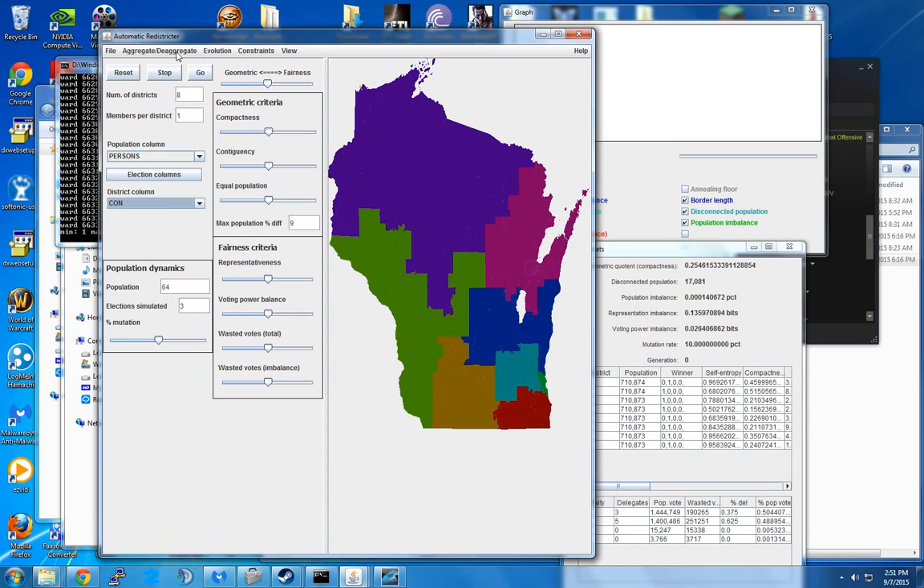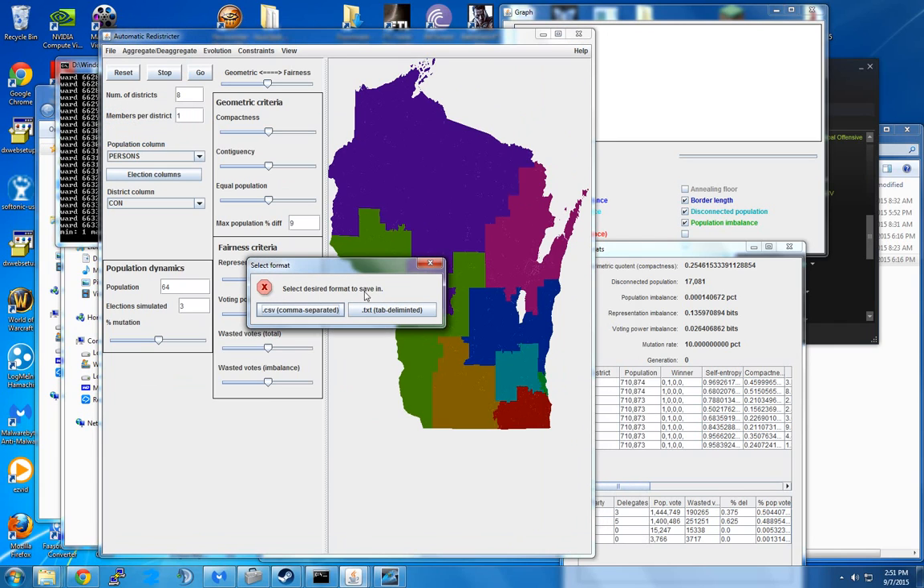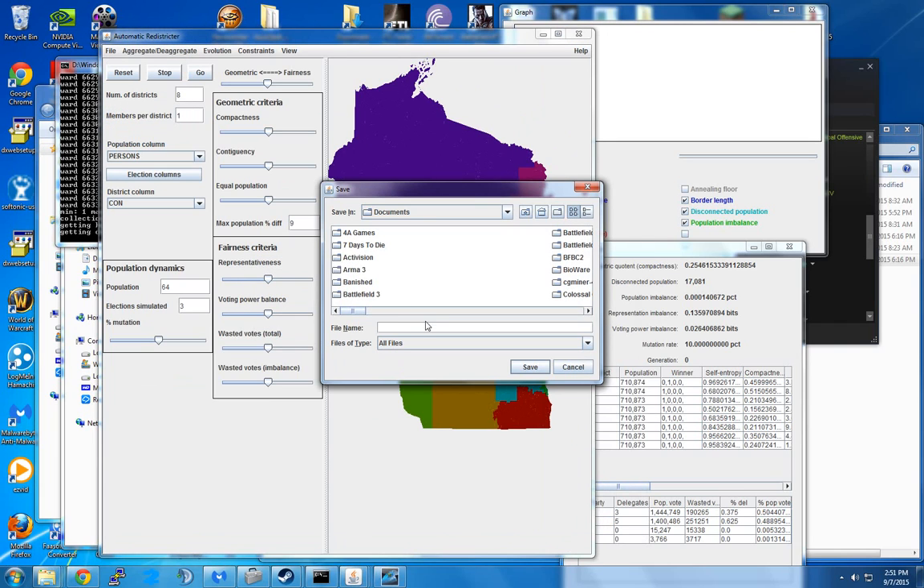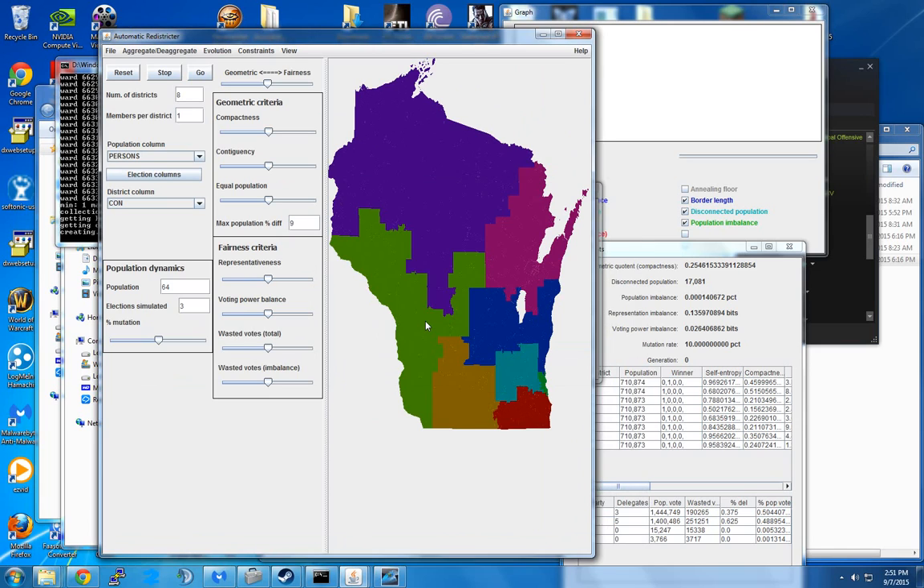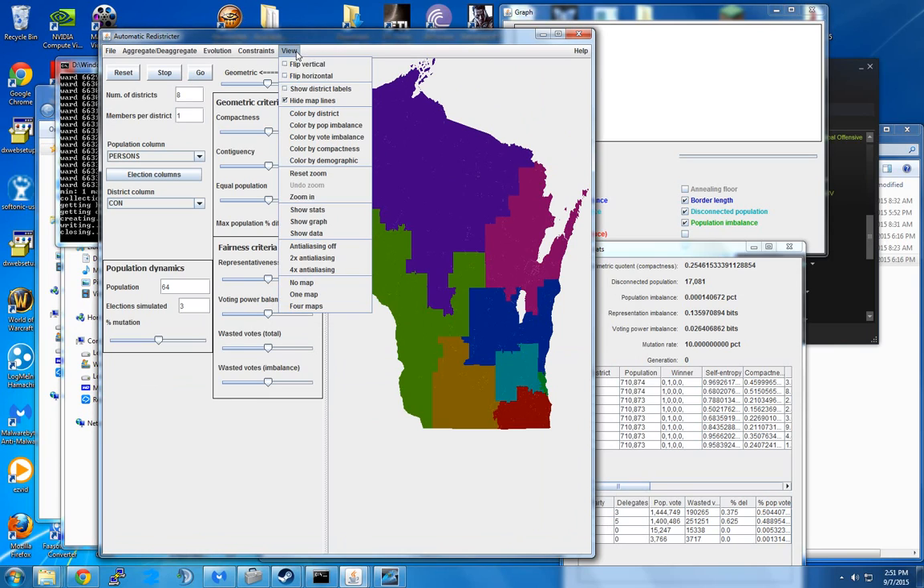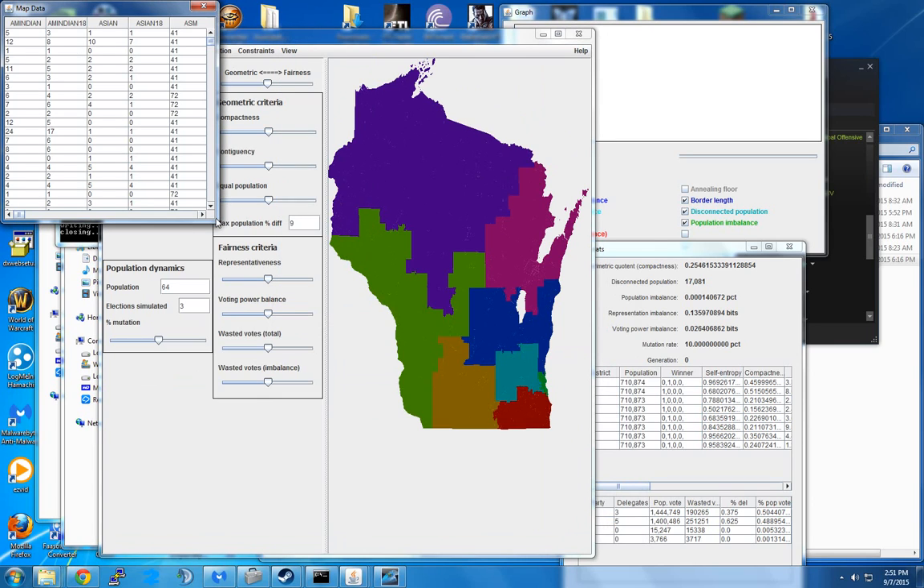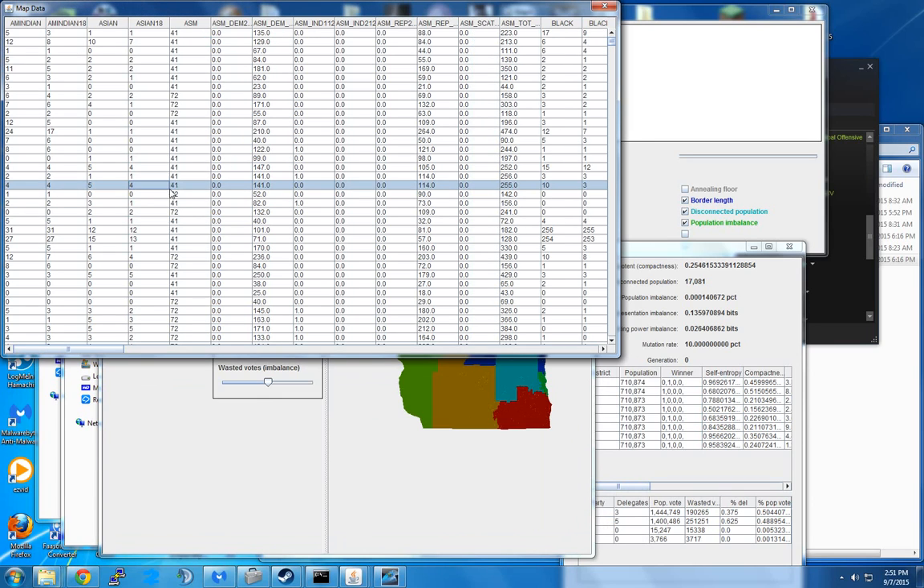Now the file menu. Let me show you how to open up saved data. Well, first how to save. Just click Save, Text Delimited, say Save, call it something, file save. Easy as that. What that saves, if you look at the data, is this table in tab delimited